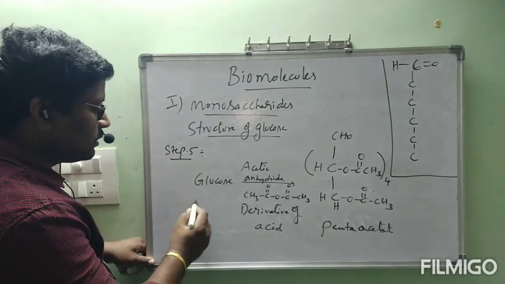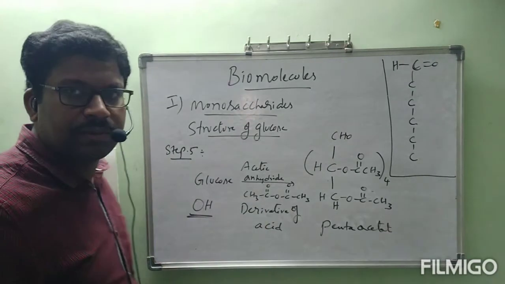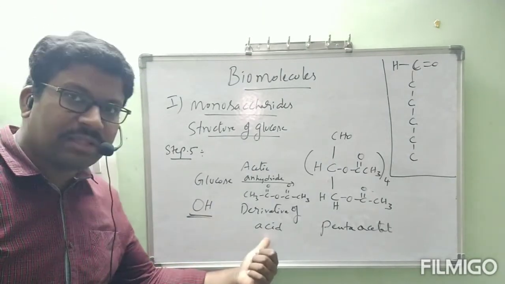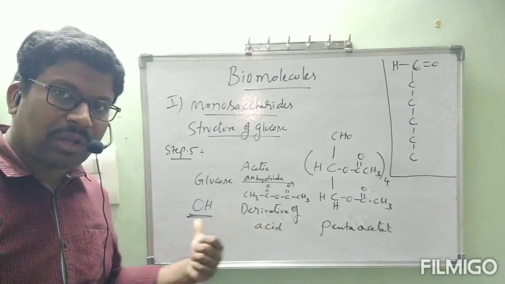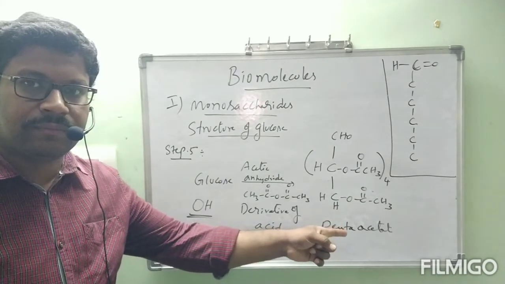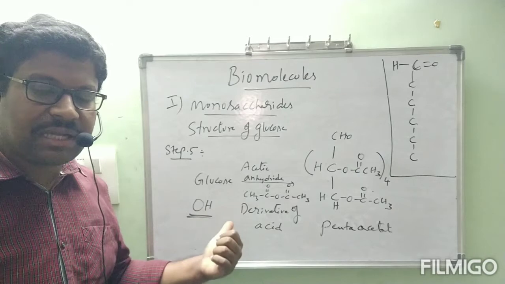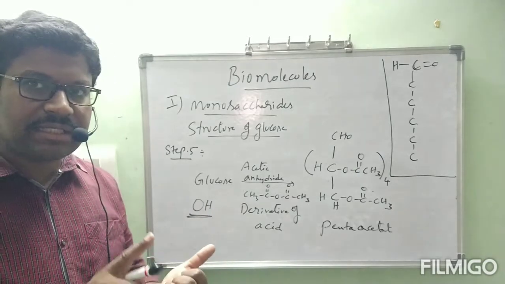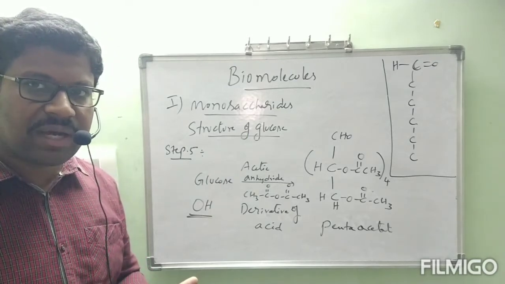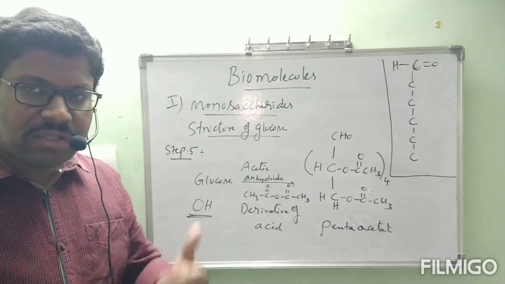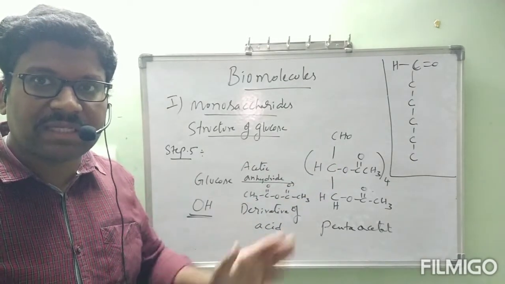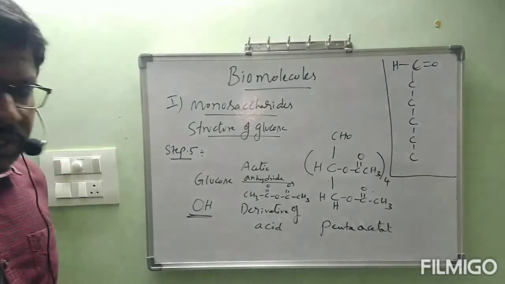Here, glucose contains OH group. Alcohol reacts with acid or derivatives of acid. We will get ester. Acid means directly CH3COOH, or derivatives of acid, those are acetyl chloride, that means acid chloride, and acetic anhydride. These are all derivatives of acids. They will react with alcohol to produce ester. That process is called esterification. Is it correct? That process is called esterification.